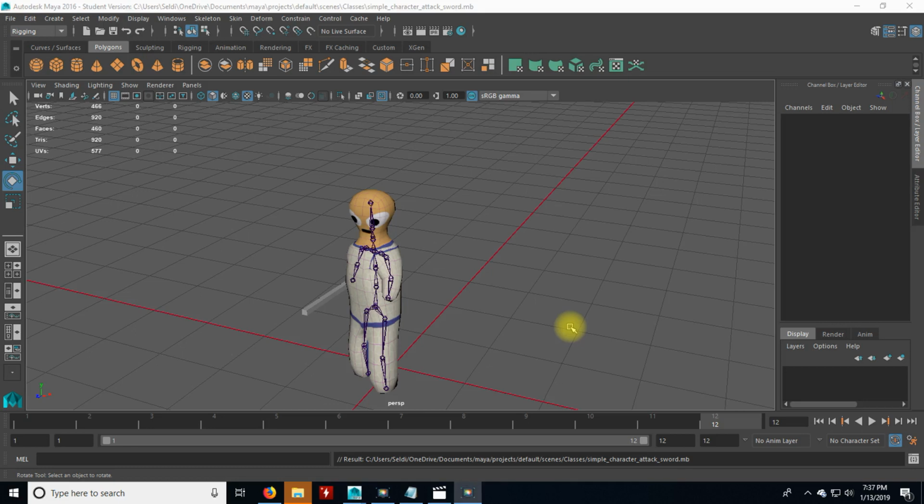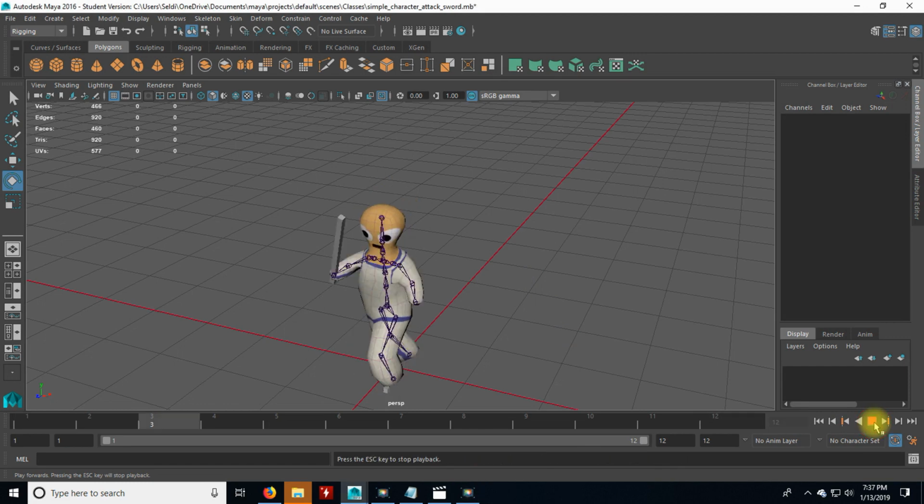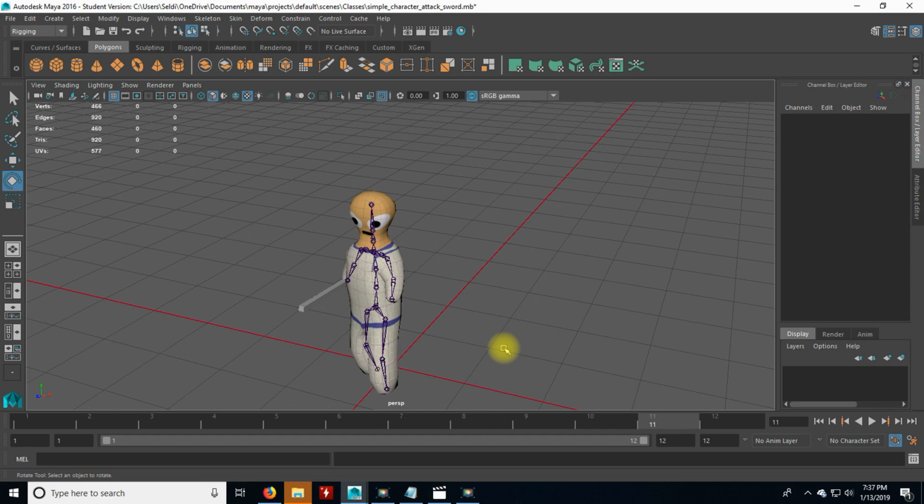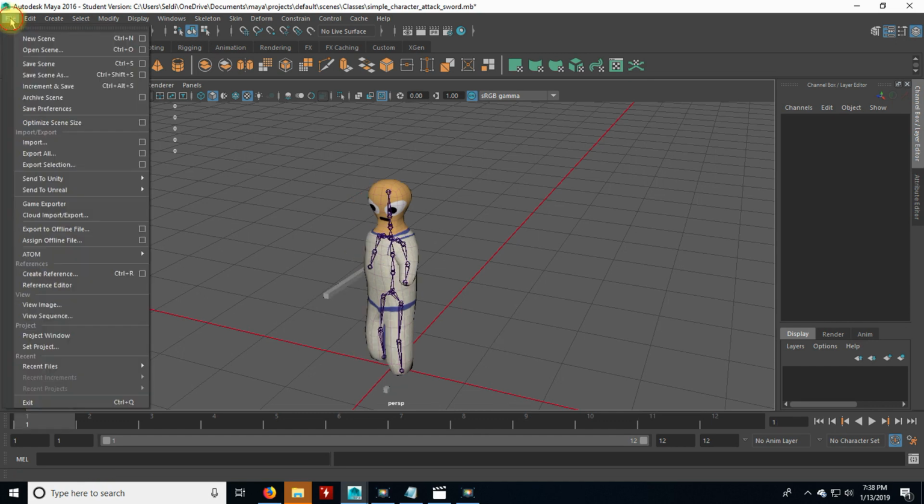Good evening, everybody. Our last tutorial went ahead and set up our attack animation, so you can see right here, he swings and he hits. In this tutorial, we're going to look at setting up our running animation. We already have a walk, but it's good to have something a little bit faster than a walk, so walk and then a run. Let's go ahead and change this to,